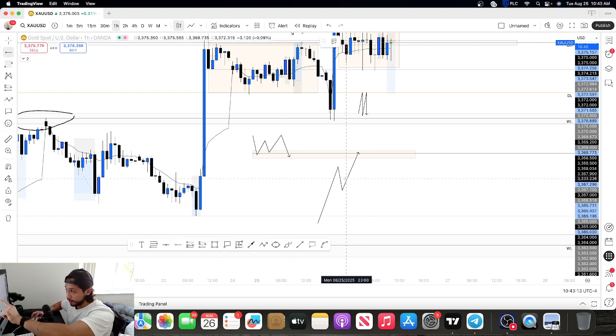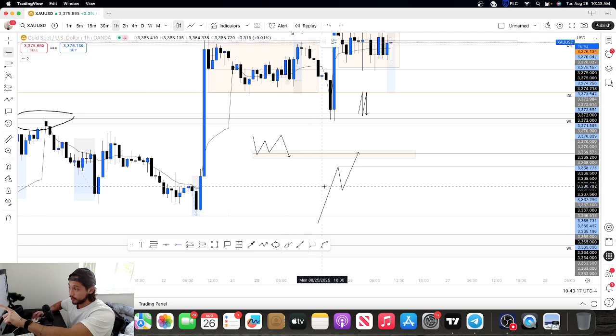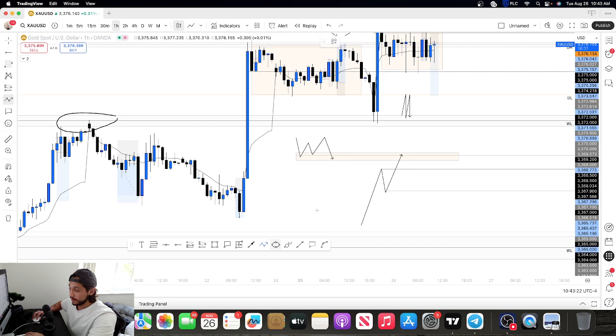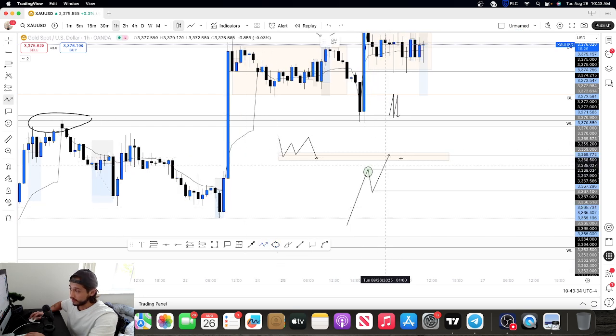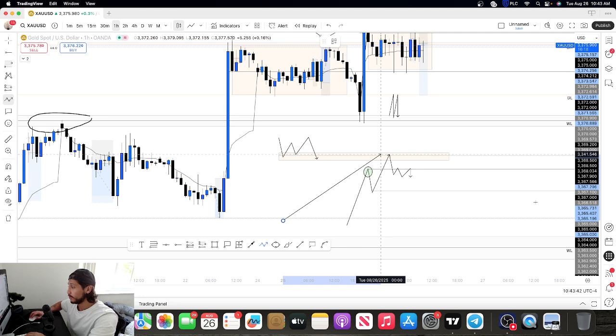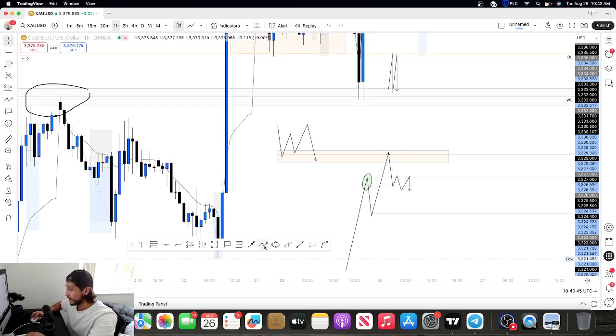Because again, you have the previous high, which was the previous higher high that formed this new higher low. So the idea will be for price action to come back, retest the structure, retest or take above these exact highs over here. And then from there on, this is exactly where we want to see price action start trading underneath. Once we start trading underneath, this will make way more sense than actually taking the sell from right above these highs over here. Now, the reason why I say that is due to the fact that price action